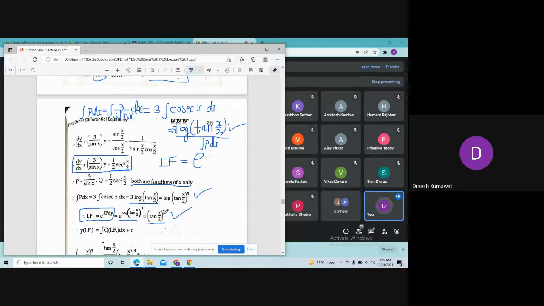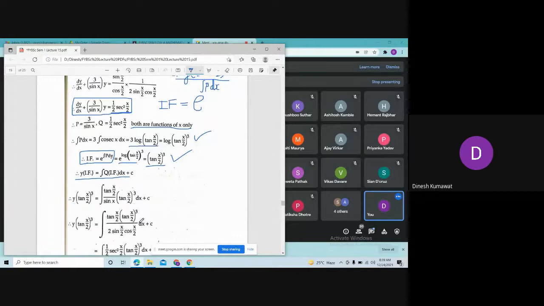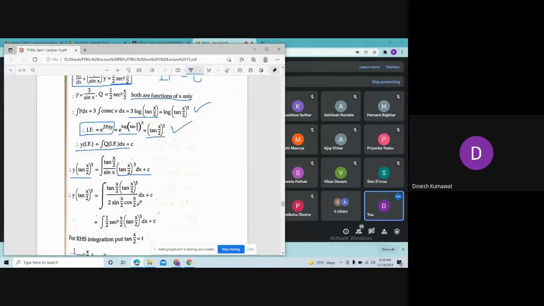Now this is our integrating factor. So apply the formula, that is y into integrating factor is equal to integration of q into integrating factor dx plus c. So just use this integrating factor. Now you can see this is tan x by 2 to the power 4. And in the denominator, if I write this as 2 sine x by 2 into cos x by 2, then after simplification, you may have